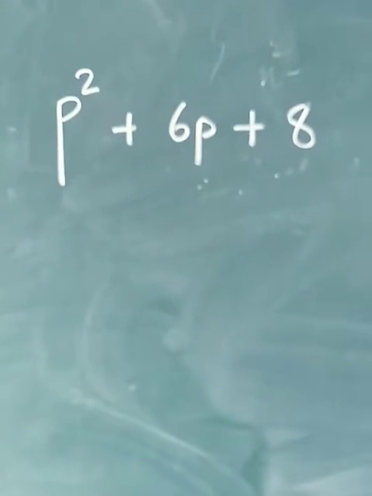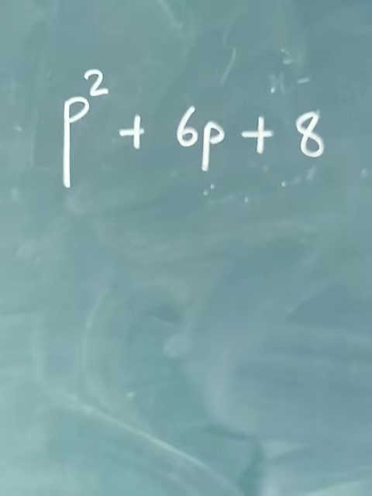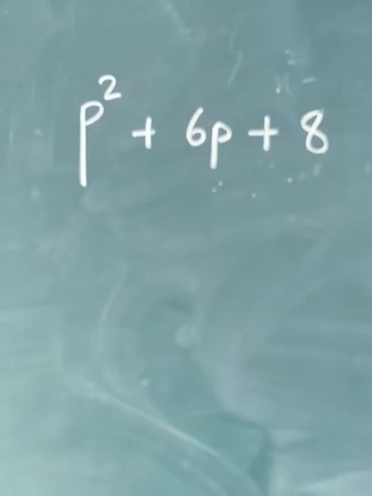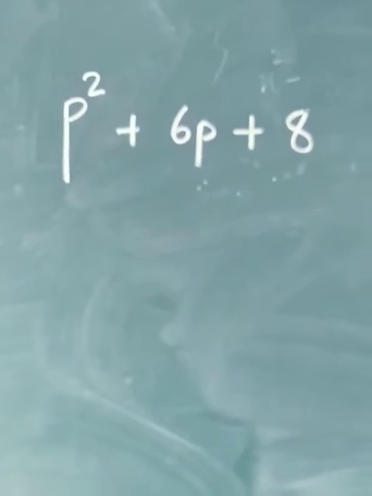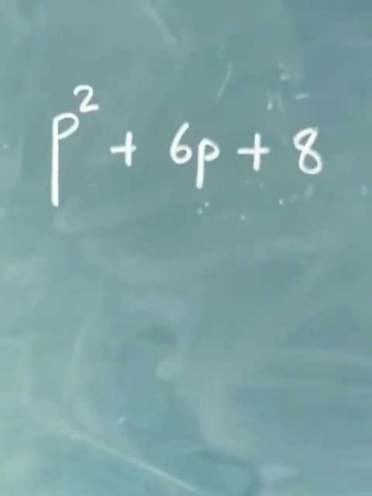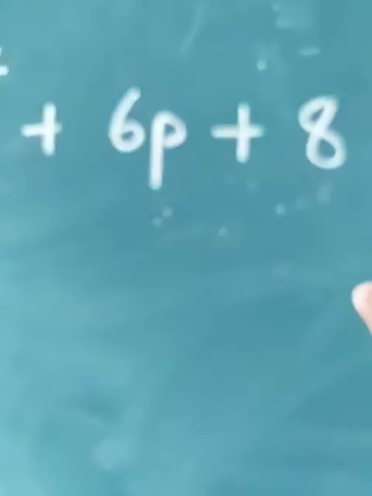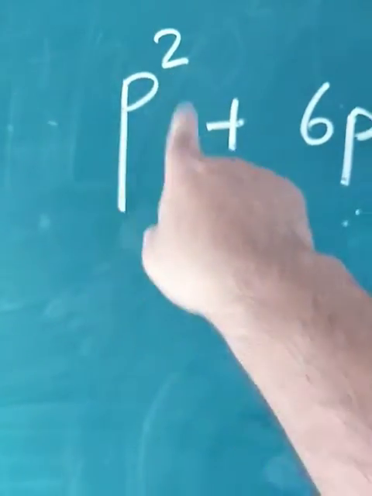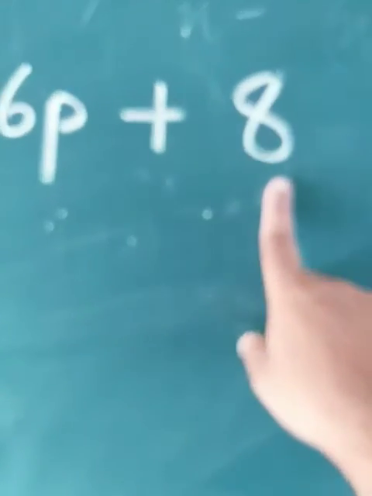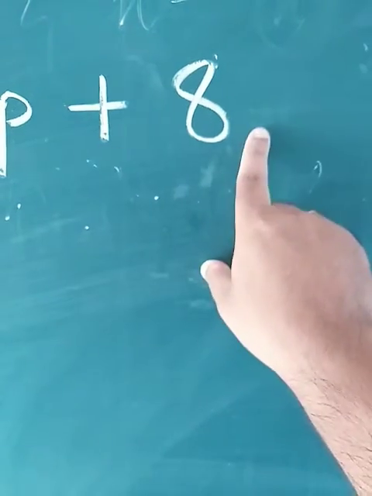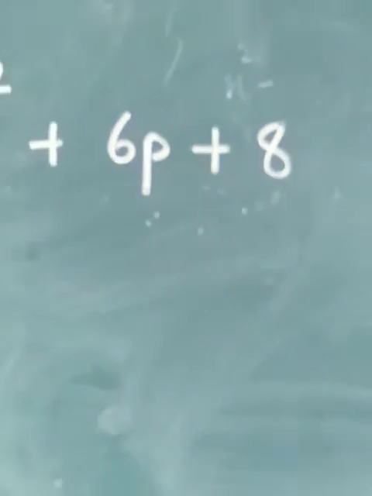Second, I said to check if this particular sum is following any identity or not, that is either a square plus 2ab plus b square, or a square minus 2ab plus b square, or a plus b into a minus b. I have given you 3 identities only. If you carefully observe, this particular question is not following any identity either. Why? You see, the first term you can make in the whole square form, but there is no such number that, if you multiply 2 times, you will get 8. So you cannot make 8 into a whole square formation.